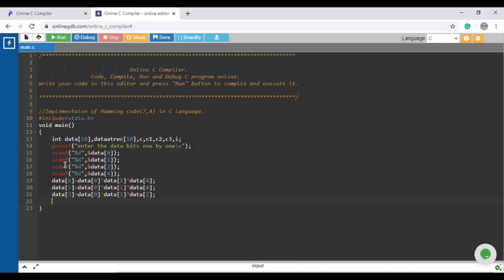So now we will print the data with parity bits. So for this, I'm going to write printf statement. Printf, \n, which is used for new line. The encoded data is.